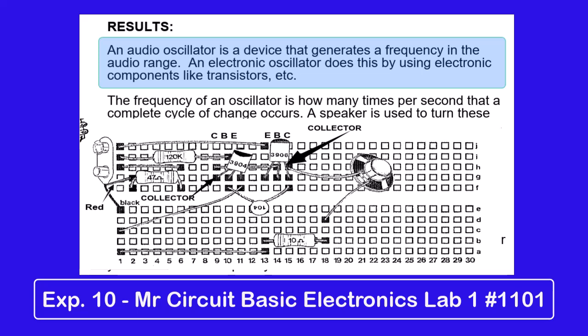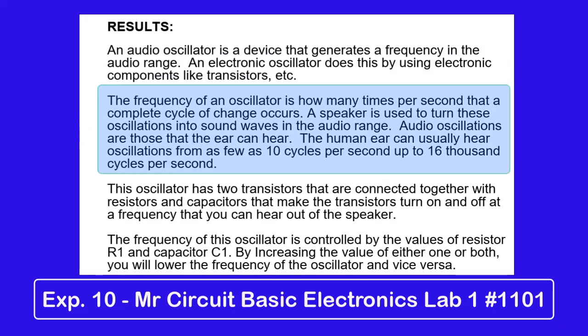Results. An audio oscillator is a device that generates a frequency in the audio range. An electronic oscillator does this by using electronic components like transistors, etc. The frequency of an oscillator is how many times per second that a complete cycle of change occurs. A speaker is used to turn these oscillations into sound waves in the audio range. Audio oscillations are those that the ear can hear. The human ear can usually hear oscillations from as few as 10 cycles per second up to 16,000 cycles per